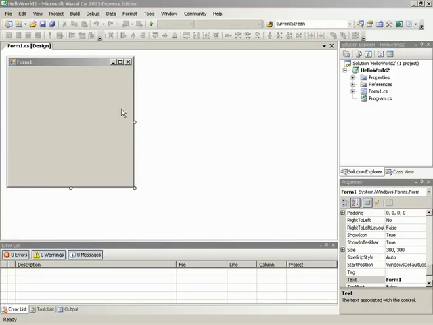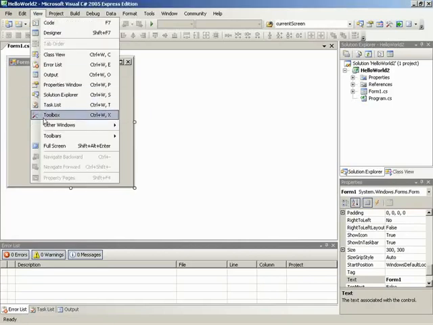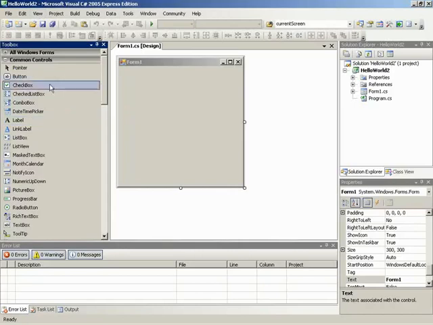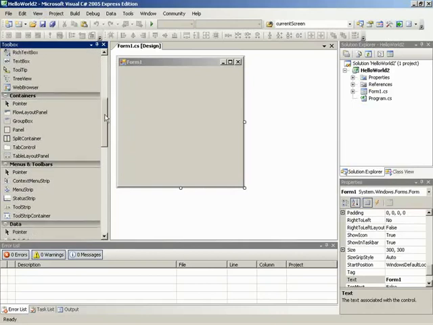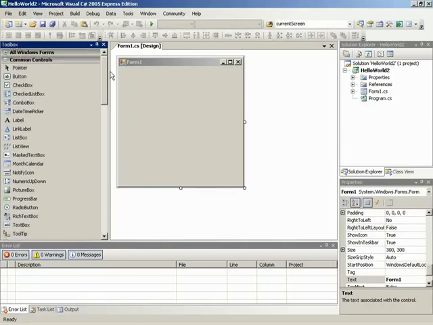Well, first we need somewhere to get controls from, and that's the toolbox. So we need to go up to View, and we need to go down to Toolbox. And that will bring up our toolbox, just in case you didn't already have this visible inside of your Visual Studio. Now you'll notice we've got all sorts of controls that you will probably recognize, well, at least from